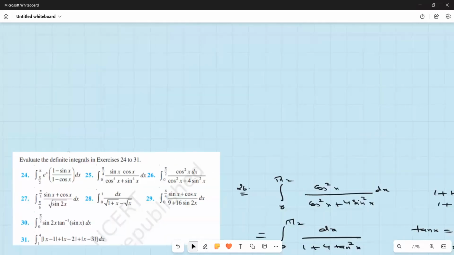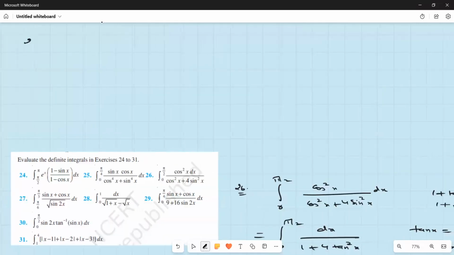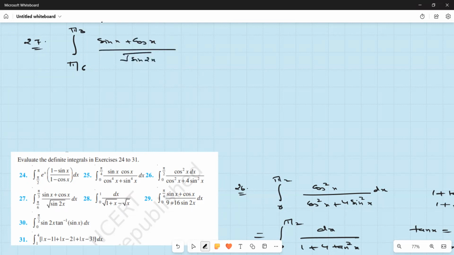Next, question number 27. The integral from pi by 6 to pi by 3 of sin x plus cos x upon sin 2x, right? So that is equal to,